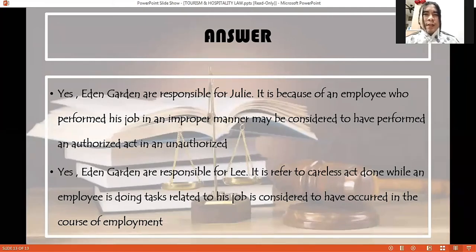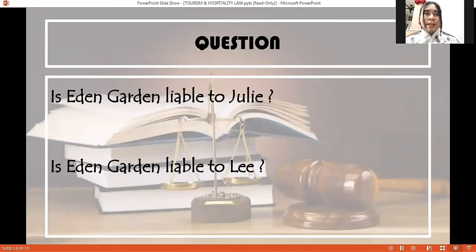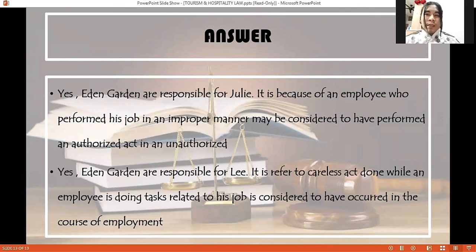Okay, for the next question, is Eden Garden liable to Julie? So the answer is yes. Eden Garden is fully responsible. It refers to the careless act done while an employee is doing tasks related to his job, which is considered to have occurred in the course of employment. Century Insurance Co Ltd v. Northern Ireland Road Transport Board 1942, Compton v. McClure 1975. In that situation, Rumi did not grip the handle of the pot properly and spilled the soup